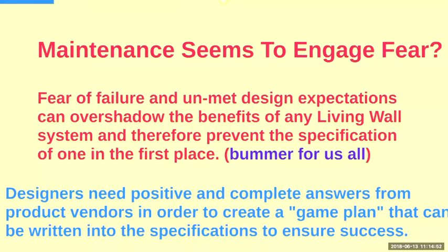If somebody comes at this because they're enamored with a living wall, and let's say the owner of a project is going for LEED certification, then as a designer you're looking for anything that fits within that, and of course living walls will go towards points in a variety of categories on a LEED project. But at that point, the designer probably doesn't have all the information available to know what the variables are, to know what questions to ask, and to write the type of specification that's going to ensure success. And that's why